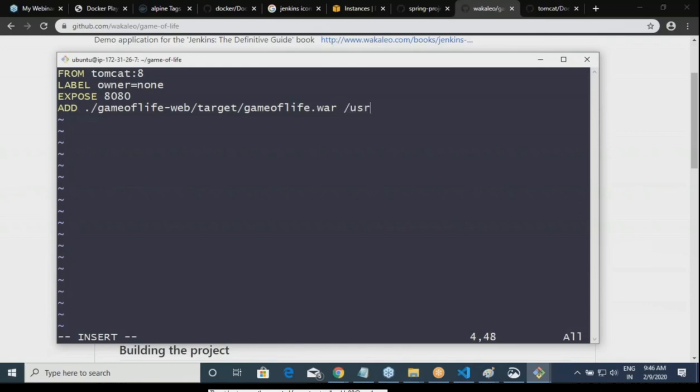Okay, so copy that to what? User local tomcat web apps, game of life dot war file. Okay, now web apps, slash, okay, right. So